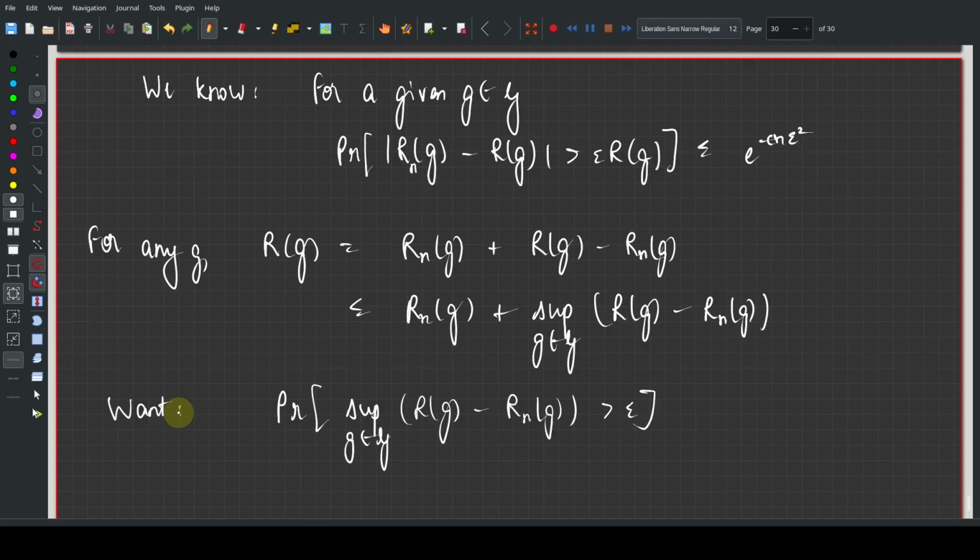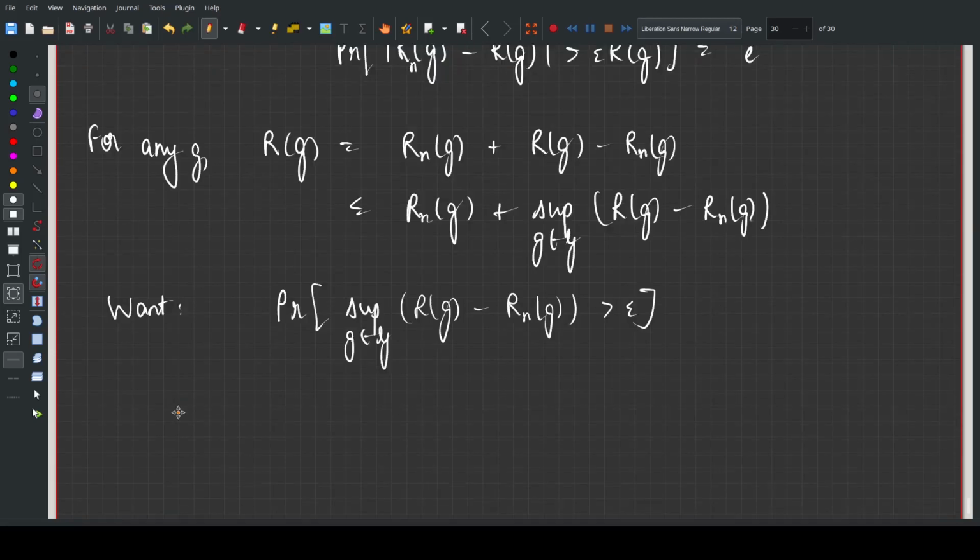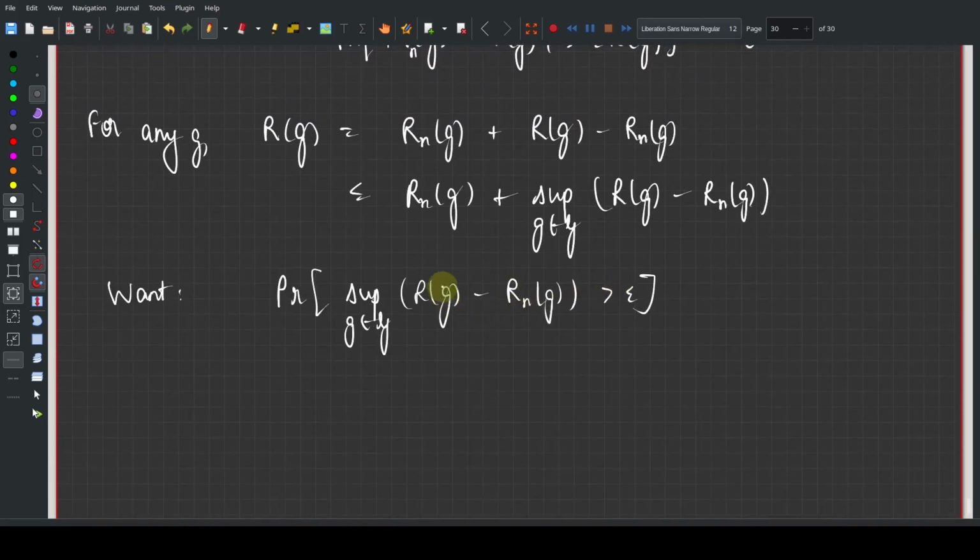Assume that the class is finite. What's the standard trick that we've been using so far? We can just use the union. Okay. So we know that for a given g, this quantity is less than or equal to e to the minus n times delta squared. So this is less than or equal to the summation over all g in G of the probability